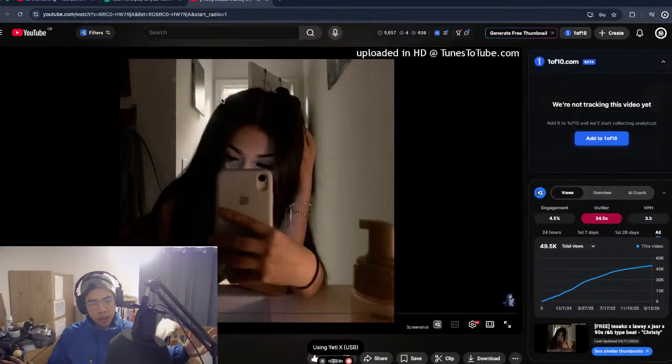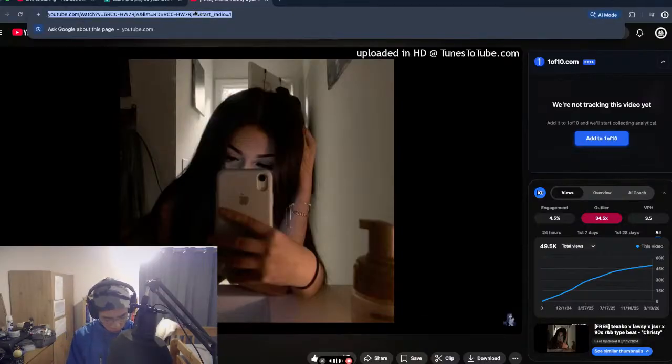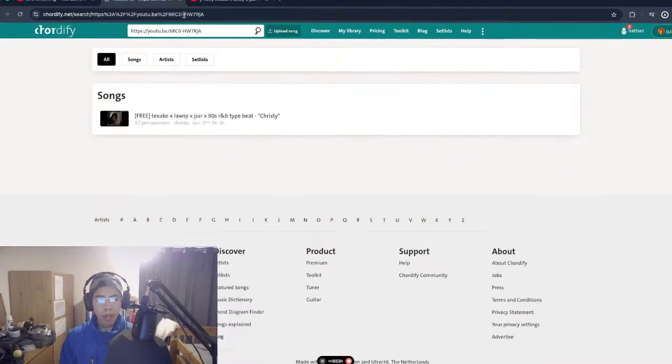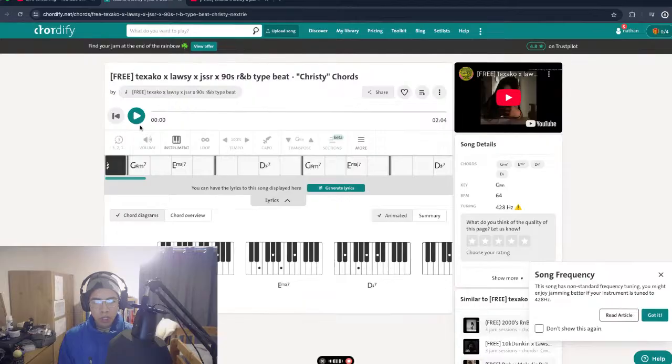Okay, so there's this beat. I quite like the sound of this beat already. So what we're gonna do is basically copy the chords of this beat, maybe copy the BPM slightly, and then just put it into our own unique genre. We're gonna copy this into this website called Chordify. You go, what do you want to play? Now all we gotta do is essentially copy these chords into